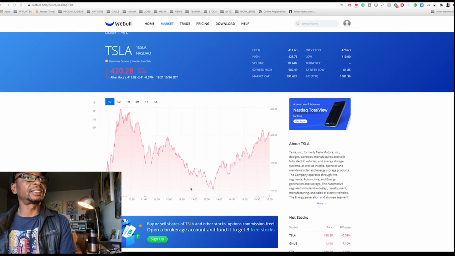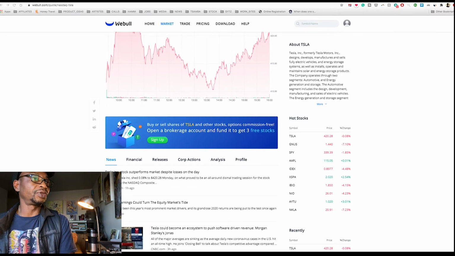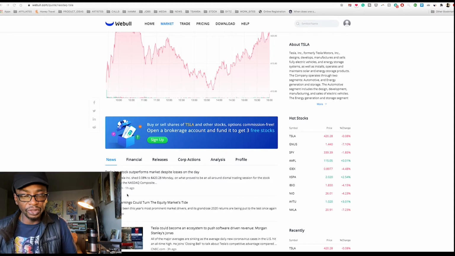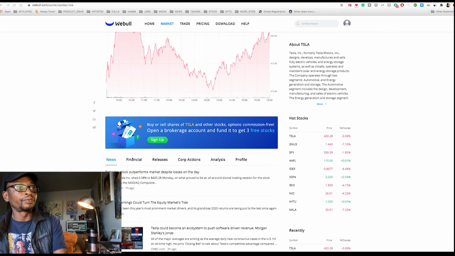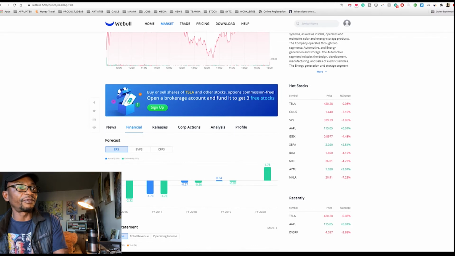So at a glance, just by typing in the ticker symbol, you get all this information. You get the news of the day, which is good, because news is usually a catalyst in the stock market. So you need to know what's going on if you're going to be trading. You also have the financials. So this breaks down the financials for you, how the company has done over time. And as you can see, Tesla has really done well over time, as it's gone into the positive